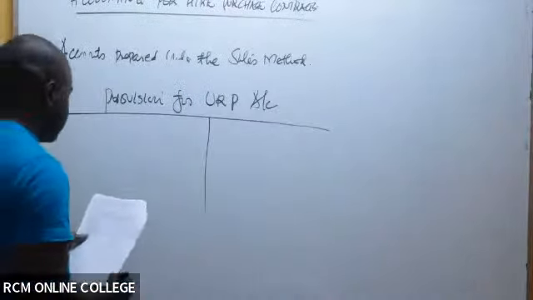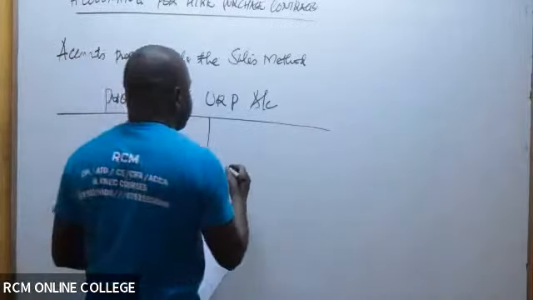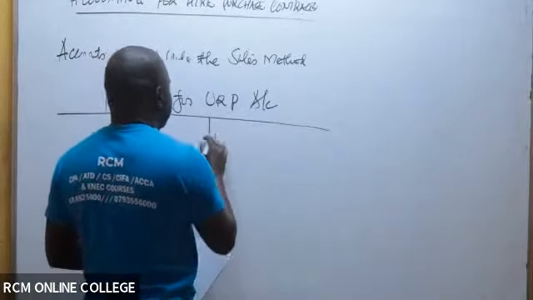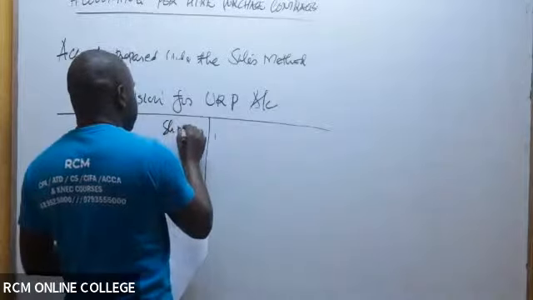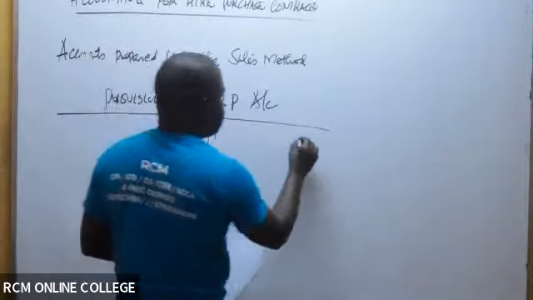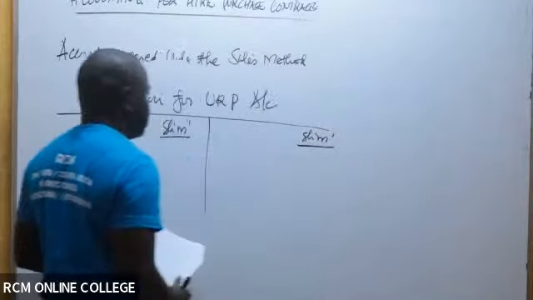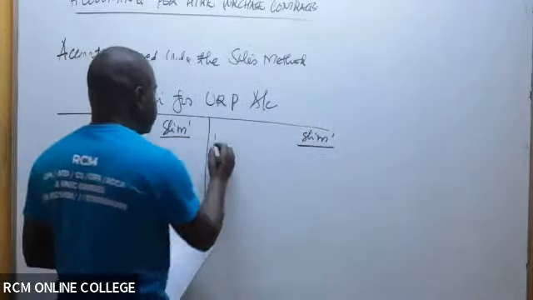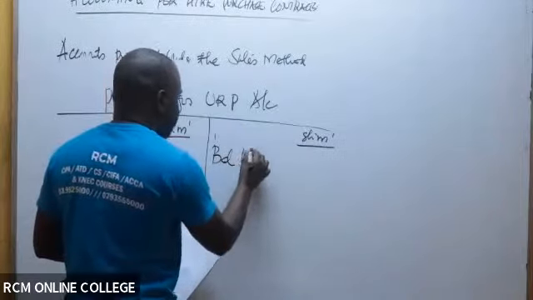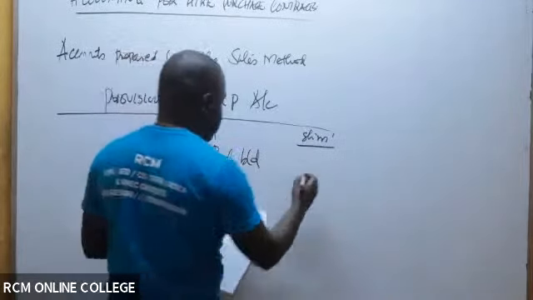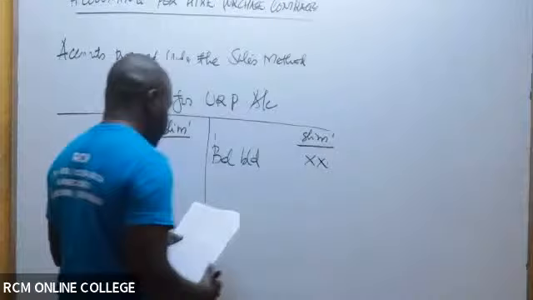So in this case, if there was any unrealized profit from the previous year, remember you have to indicate it in shillings in millions. So you'll have to indicate if there was any balance which was brought down from the previous year. You indicate it here. Then